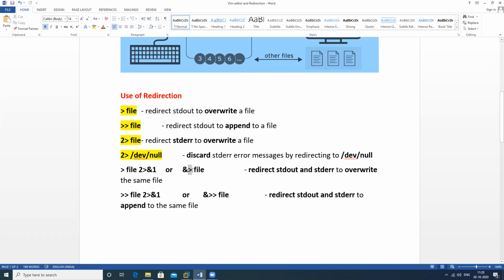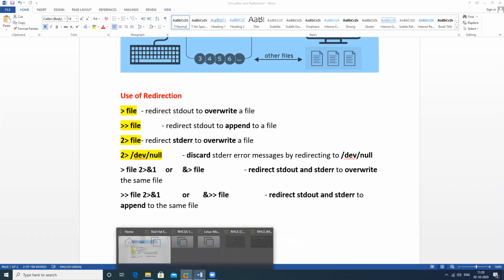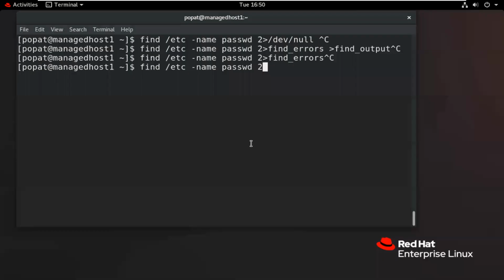So this one is for the output, and this is for the errors and input both. So all will be saved in this location. So I will use this particular sign, the ampersand sign, then redirect this to both. So we provide the name.